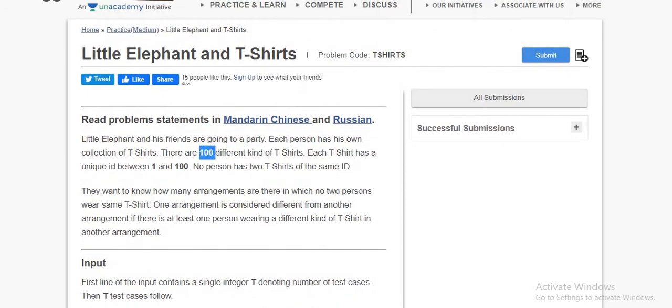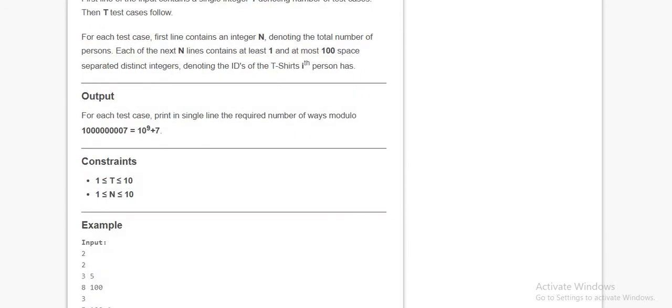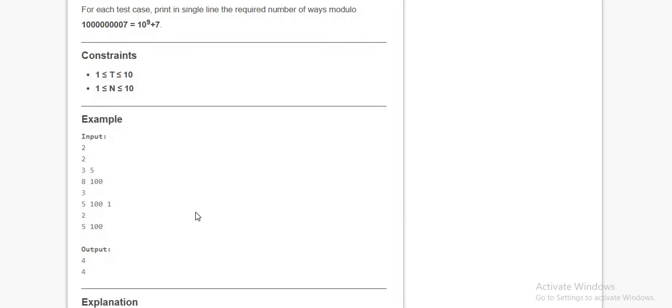Now let me talk about the sample test cases. The total number of test cases is 2, and for the first test case there are 2 persons. Person 1 can have type ID 3 and 5 t-shirts, whereas person 2 has 8 and 100 type t-shirts.